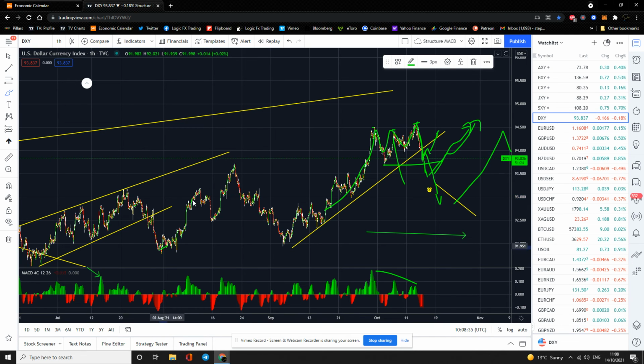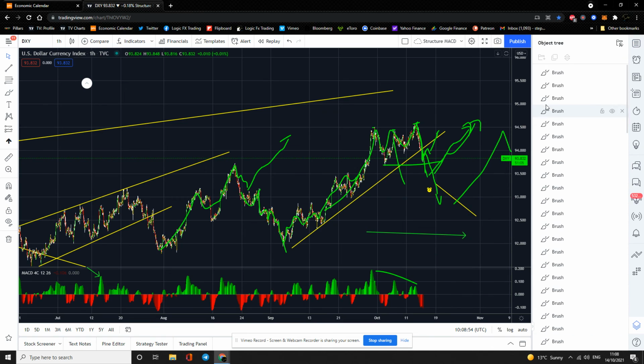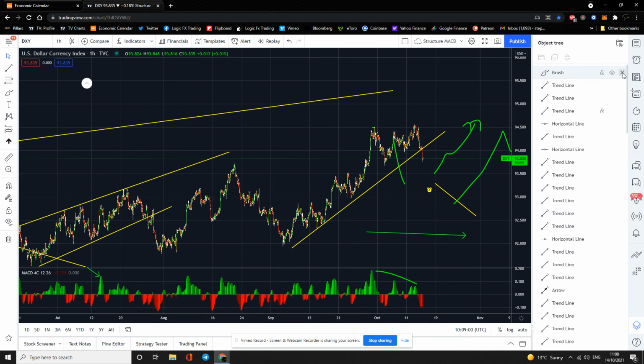Look at that one there. We came up quite nicely. At this point, we probably would have been looking for a bit of a pullback, and then off you go. Maybe that was it, and then bang, bang, bang, bang, bang. 2-3 weeks later, before it starts coming up again. So you need patience with these things, guys. You're not going to get them on the button. You are going to get them in the wrong direction, and therefore you do need to use small leverages, guys. Big leverages will scare you, unless that's what you're into.